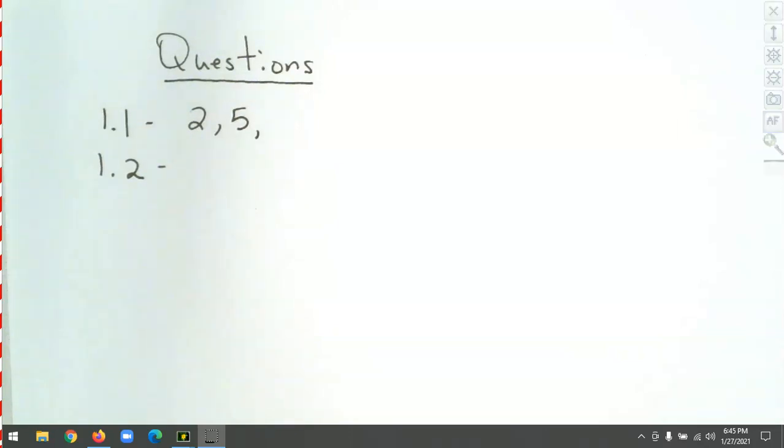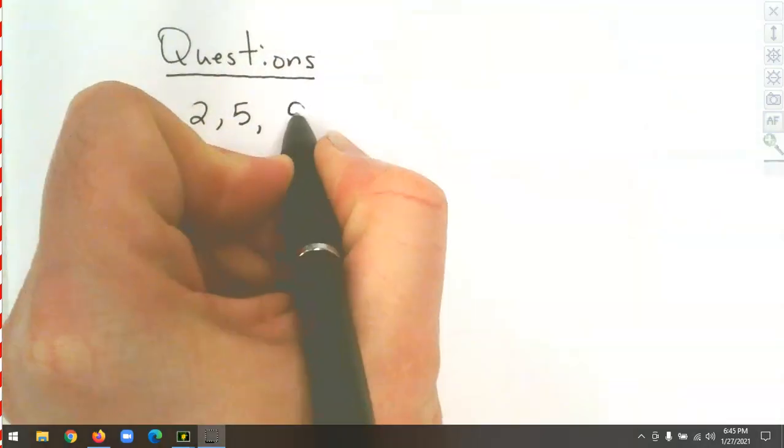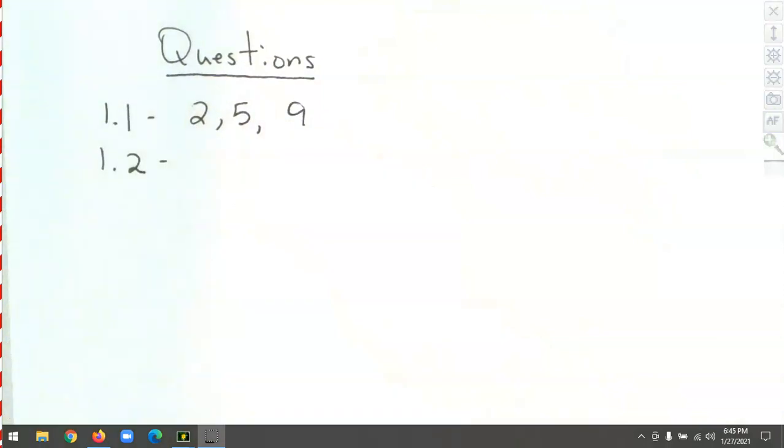But actually, can we do in 9 and 10 on 1.1 the same answer? I believe so. Yeah, those are just rewritten. They'll come out to be the same answer. They just look a little bit different from the beginning. But yeah, I can look at one of those if you like. So just to make sure we can solve it, I'll add 9 to the list. But 9 and 10, yes, when you break them down and move everything around, they should come out to have the same answer. Okay, so that's 1.1. Questions out of 1.2